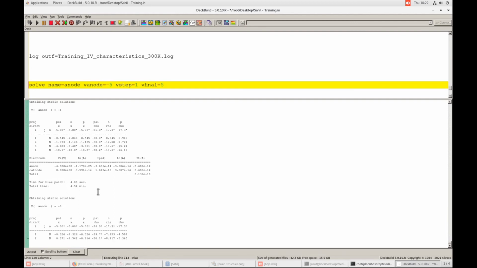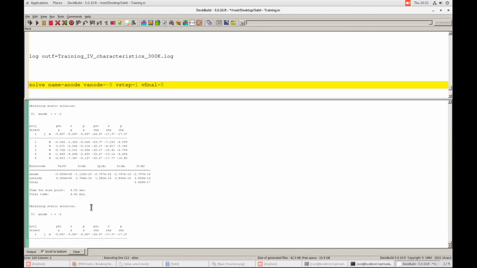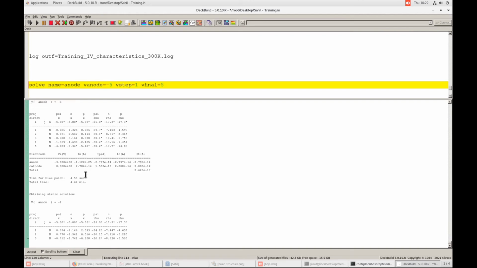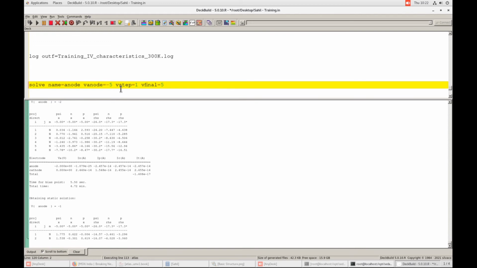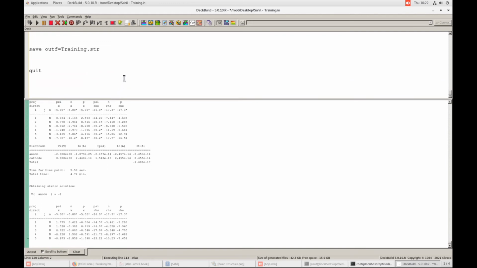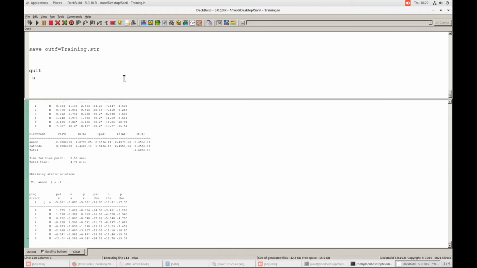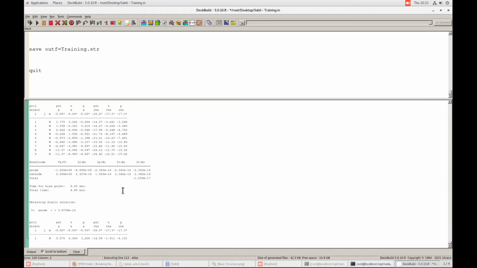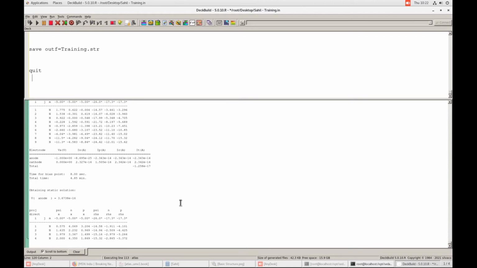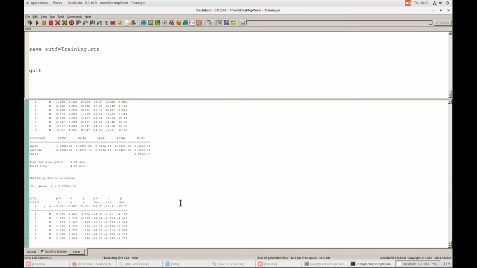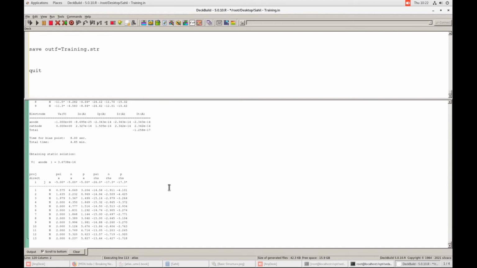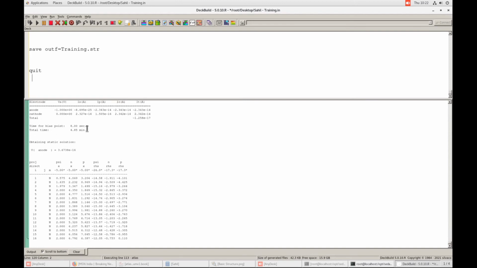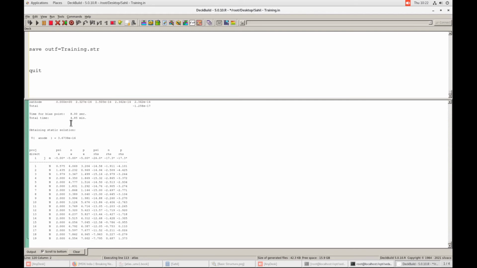Here we are also getting the time for each bias step. So here we are also getting the time. So the total time of simulation is about 5 minutes.